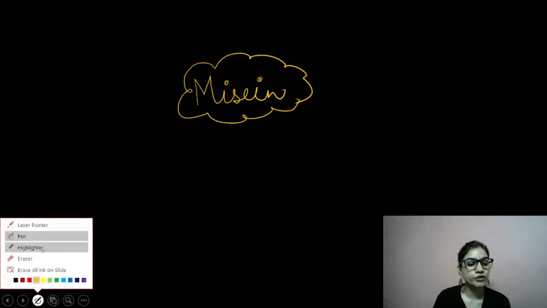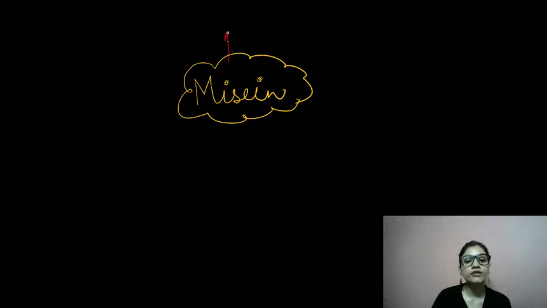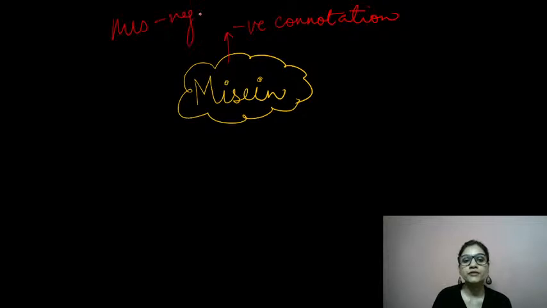Okay, let's move ahead to another slide, to another word root we have. So another word root we're going to discuss today is misane. Generally you'll find that the words have their own connotations. So if we talk about misane, this is a word that comes with a negative connotation, guys. The tonality is very negative. Miss is basically for negation, right? This word root itself is for negation. So we can have a lot of words added to misane.